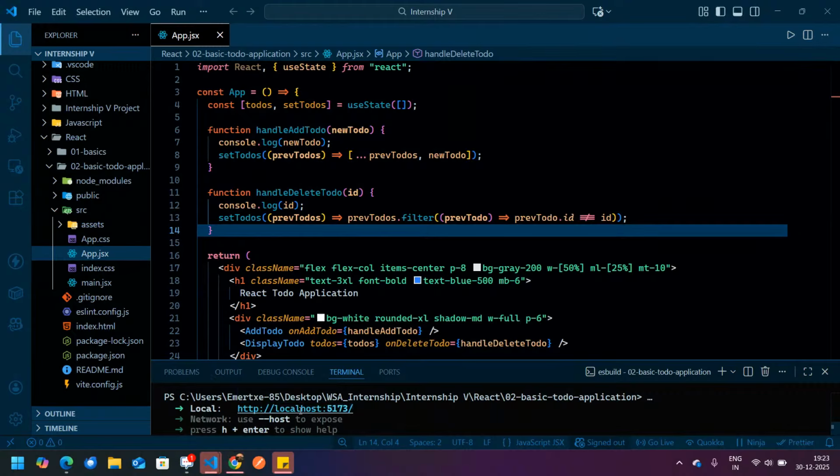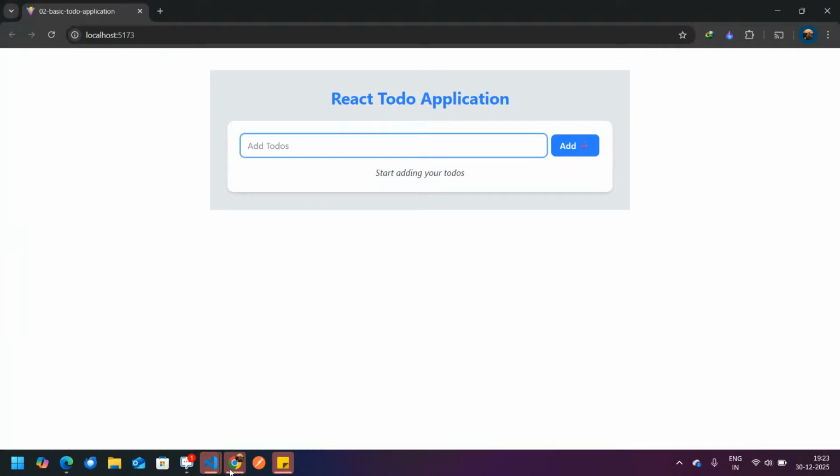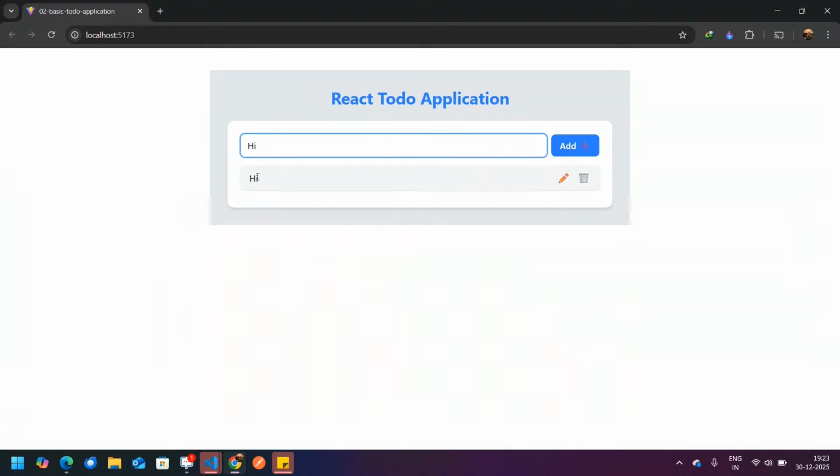Like, how should we write the function, keeping in mind all the to-dos or just one to-do? Suppose I want to write hi and add it. Now this hi I want to edit, so I need the information of this particular to-do. How will I get the information about this to-do? ID. Correct. It's value ID.